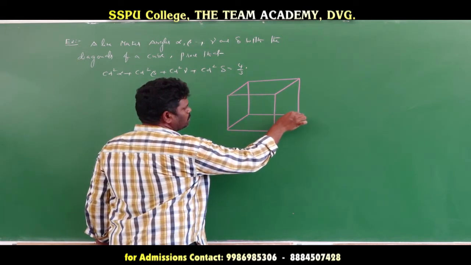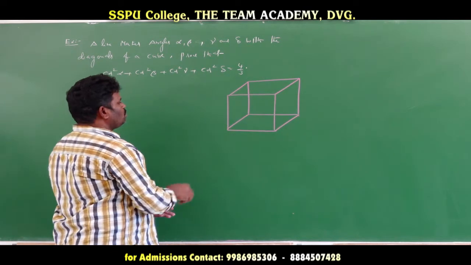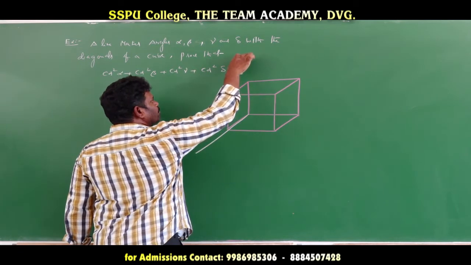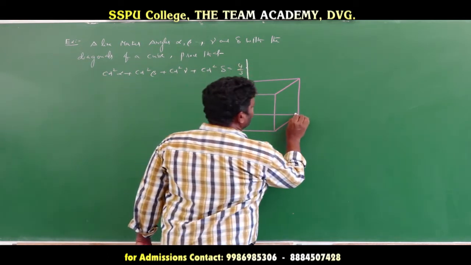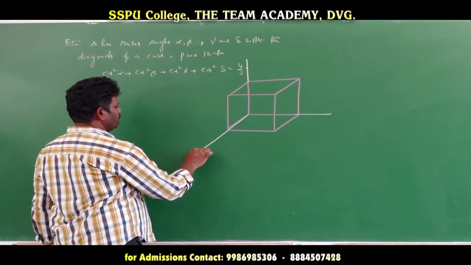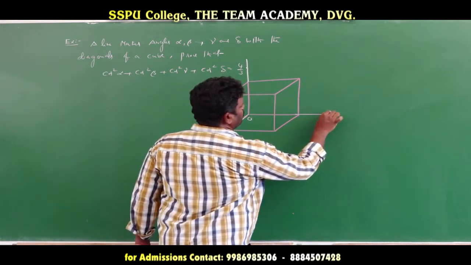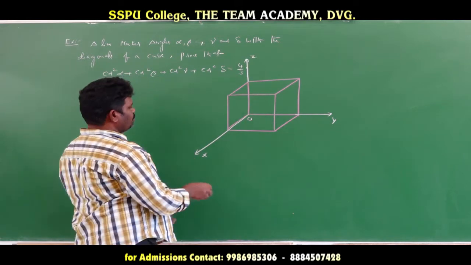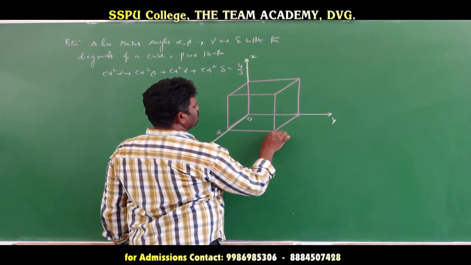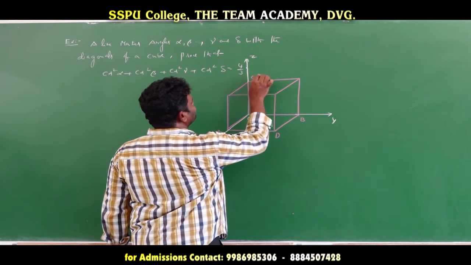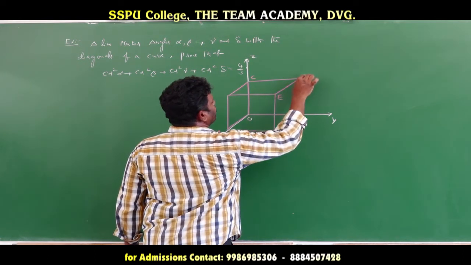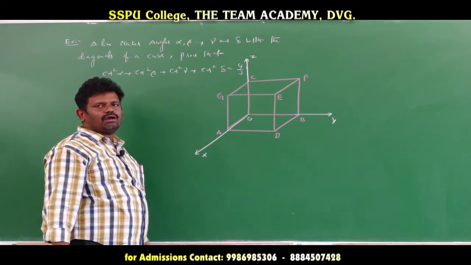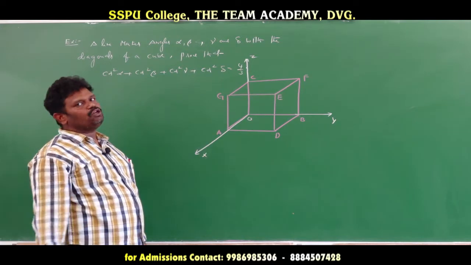This is one cube. Now in coordinates. See, this is the x axis, horizontal, and this is the y axis. Now this one is the z axis. If we label the vertices A here, this one D, B, C, E, F, G. Now coordinates: if we take the cube with each side of length a units.